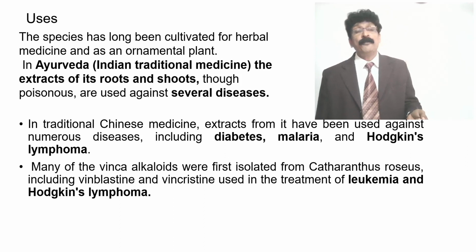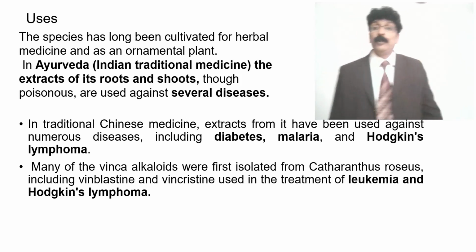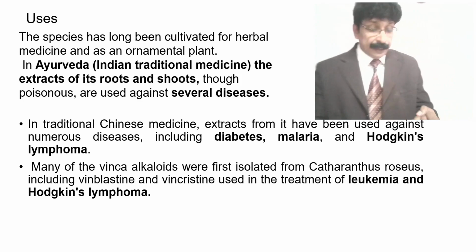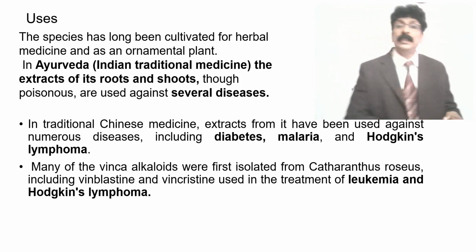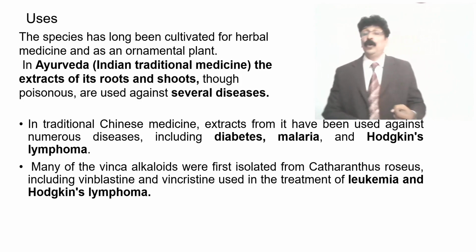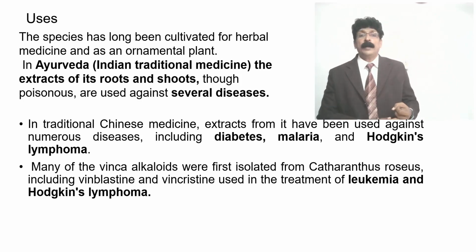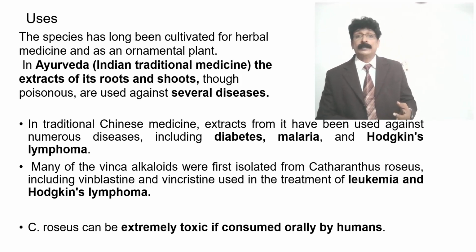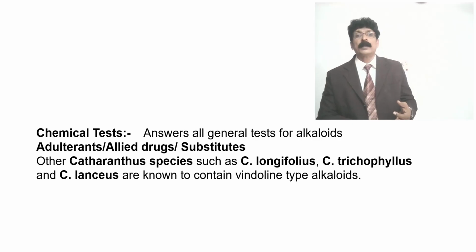Many of the vinca alkaloids were first isolated from Catharanthus roseus, including vincristine and vinblastine, used in the treatment of leukemia and Hodgkin's lymphoma. Catharanthus roseus can be extremely toxic if consumed orally by humans. Chemical test: